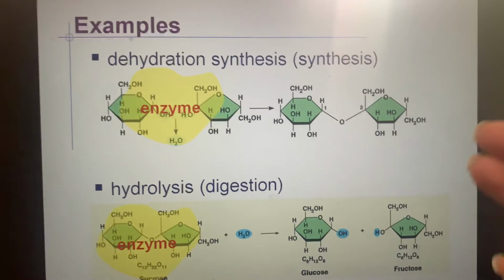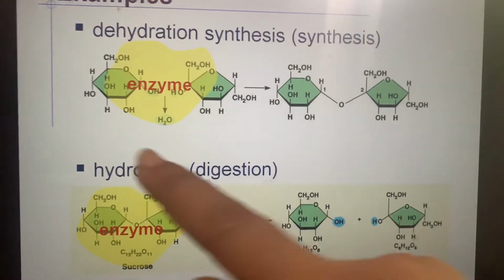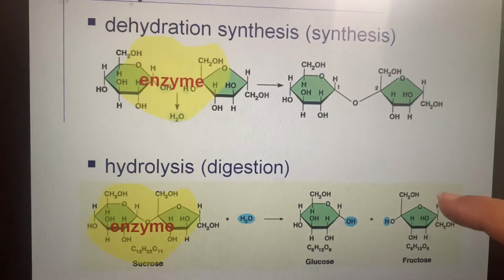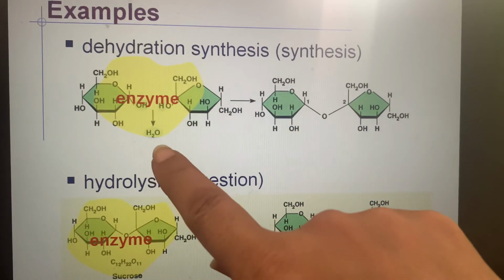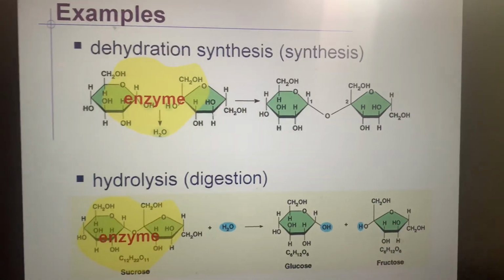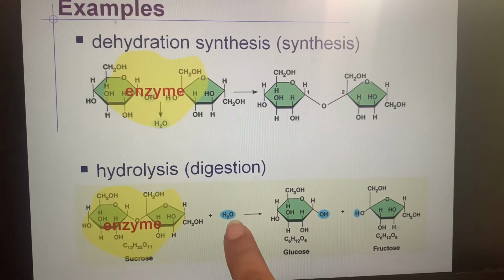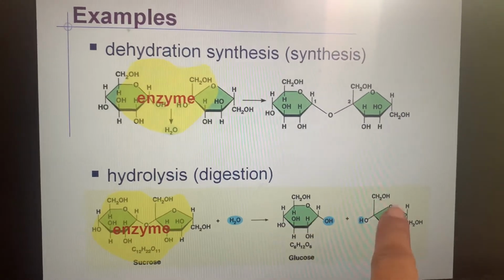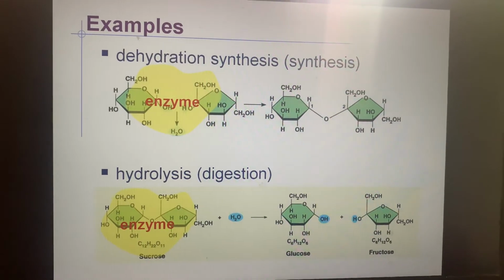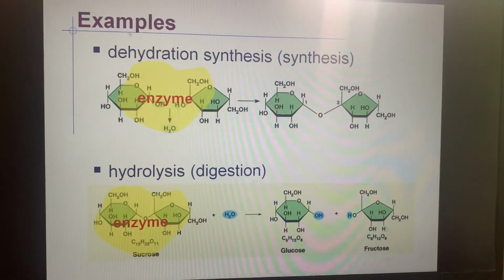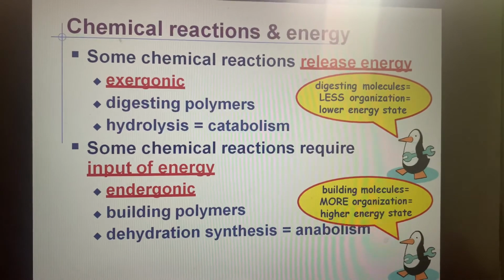This is the typical example for the synthesis of sucrose from glucose and fructose, in the presence of enzyme, and water is released, and here sucrose is formed. This product is converted in the presence of water to glucose and fructose. So this is the whole concept of anabolic and catabolic reactions, where water is removed and water is added in two different steps in the presence of enzymes.